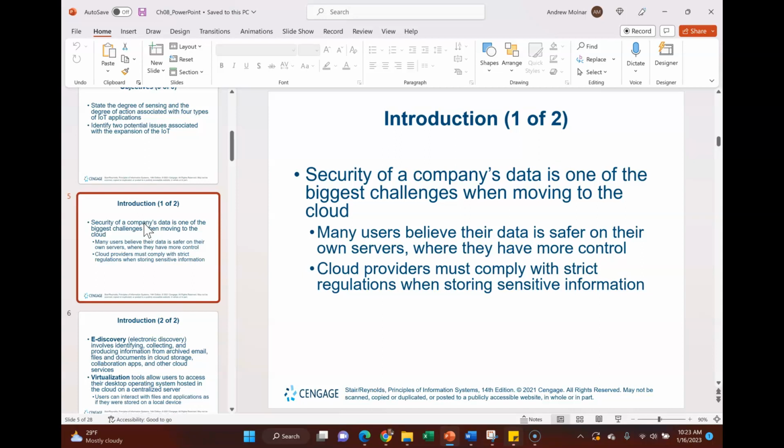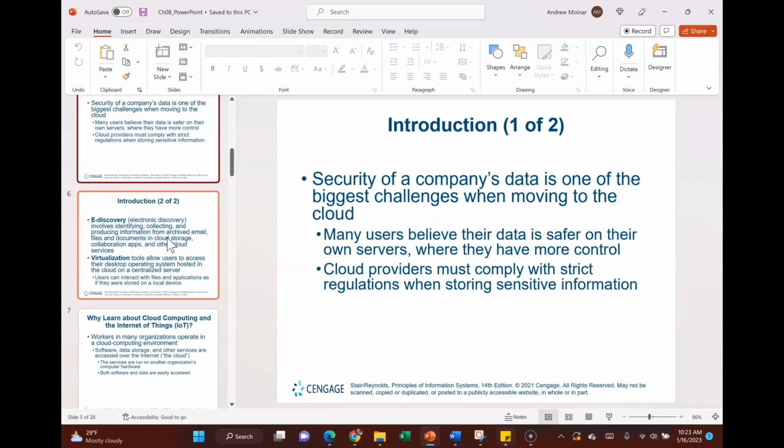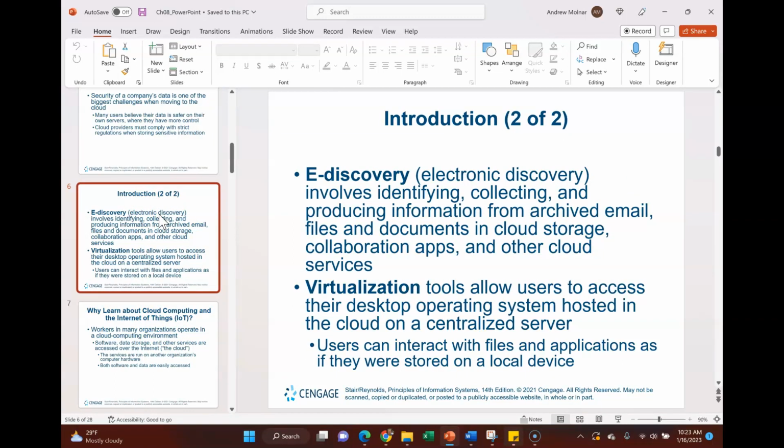Of course, you'll also want to encrypt your data in transit along the way. Many users believe their data is safer on their own servers. That might be the case, but it probably does not provide your company the flexibility it needs in the modern world in order to compete. So very secure, again, with a reputable company.